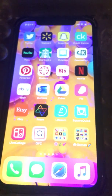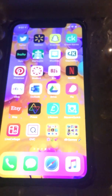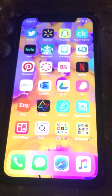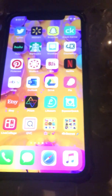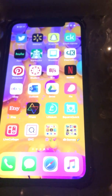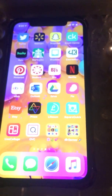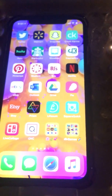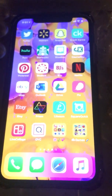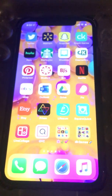And then we're going on again. It's kind of out of whack right up here. Some of these apps I'm still trying to figure out how I want them positioned. I really wanted all my social media grouped together, but this is just how I left it on the screen. So we have Twitter, we have Walmart, we have Snapchat. I will have all my links to all my social media platforms linked below. Then we have Credit Karma because you want to make sure you stay on top of your credit. And Hulu, we have Starbucks,